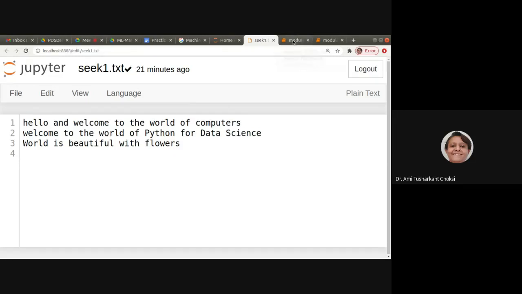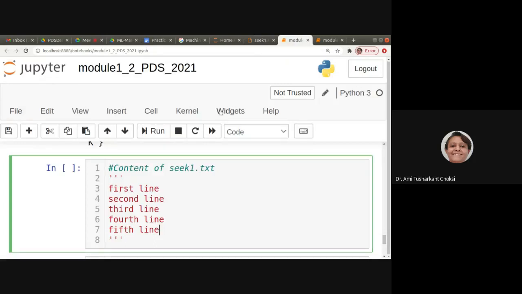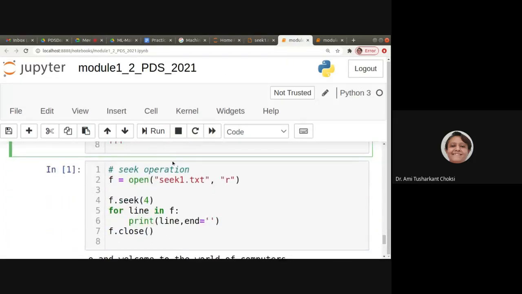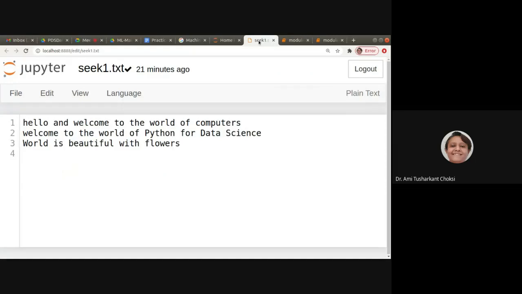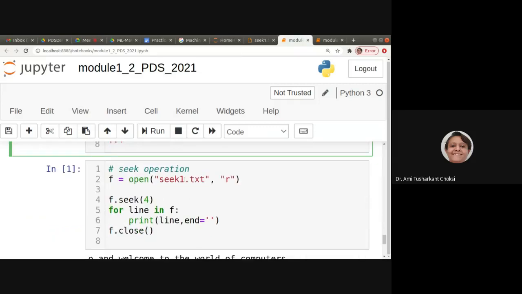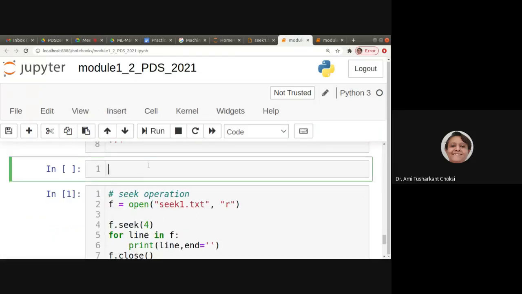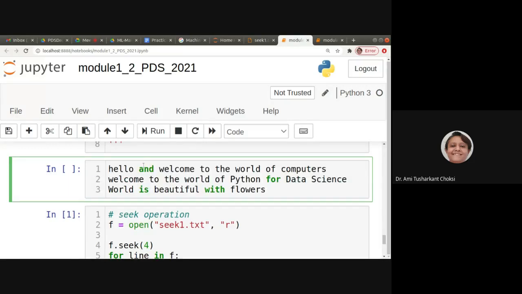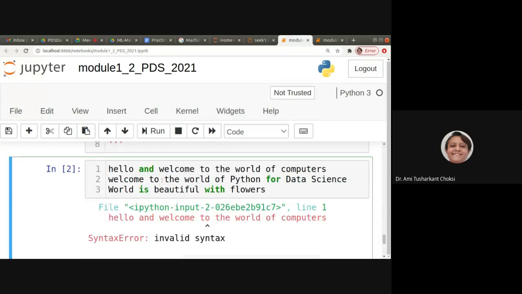Okay. Now let us run that. Let me say that here it is not this content. You'll be able to see that, right? Otherwise, I don't have any issue. You can have any content, whatever you want. Now this, will I be able to run this? No, it says it is error. Oh, this is totally wrong, isn't it?